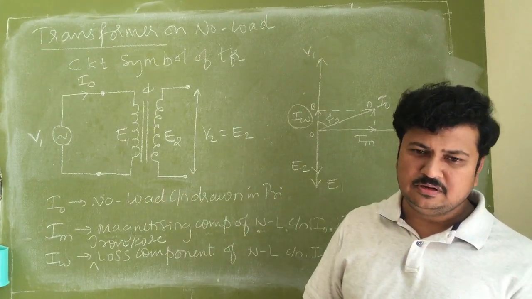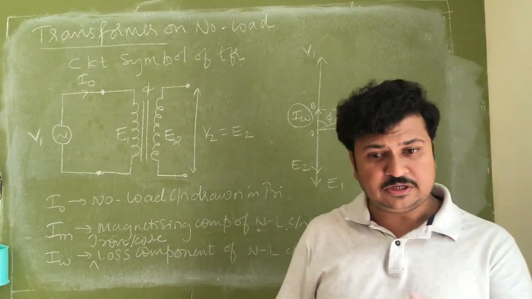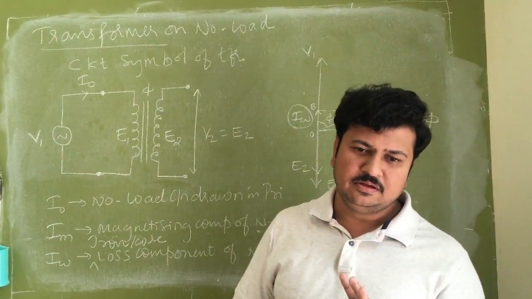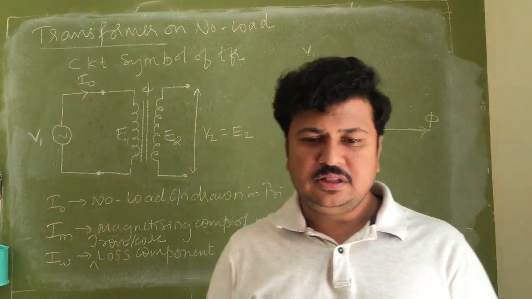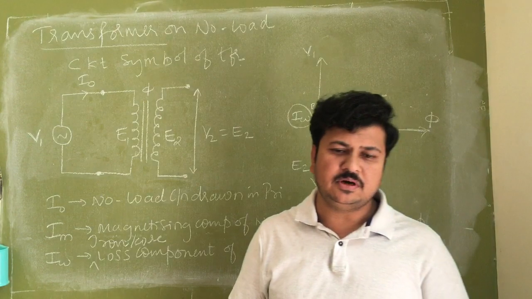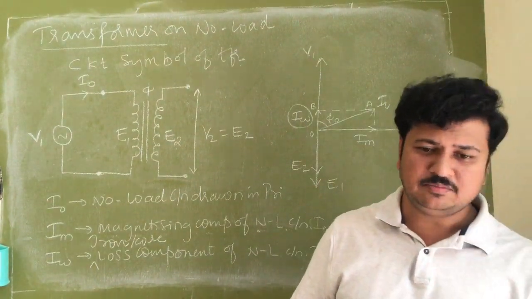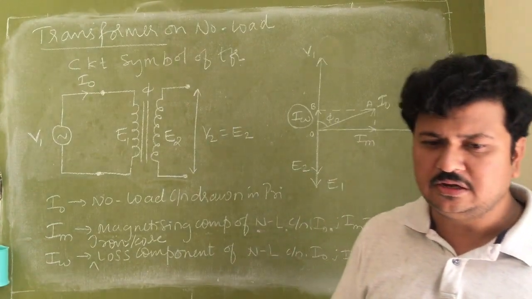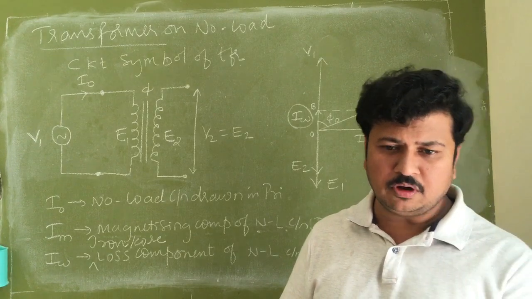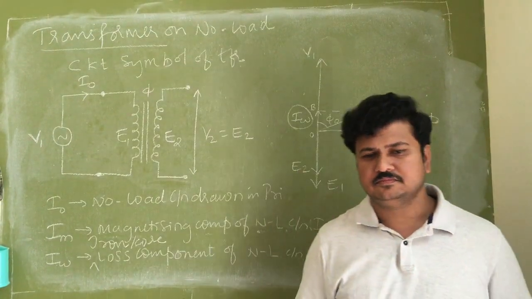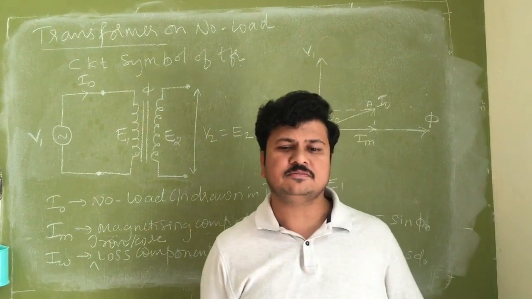So what does it mean? The minimum loss requirement of the system is always drawn from the supply first. So first, any system will take the loss component of the power into it, then it will provide the output. Many times it is misconceived that losses occur after the output. No, output occurs after the loss. First input comes, then loss comes, then output comes.